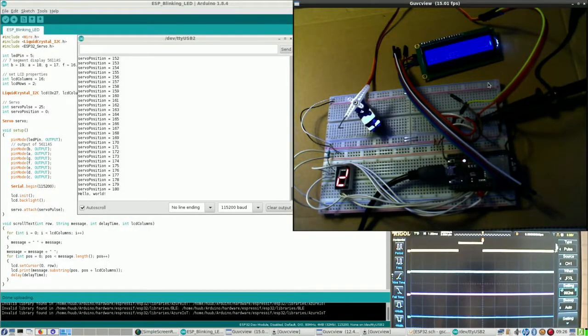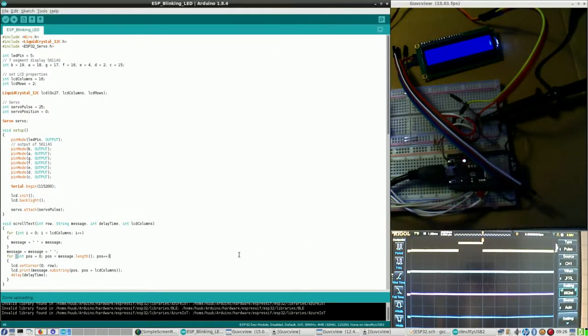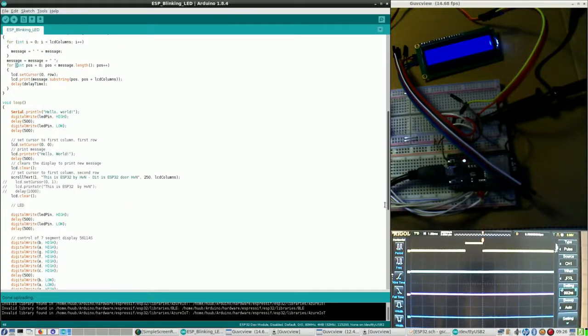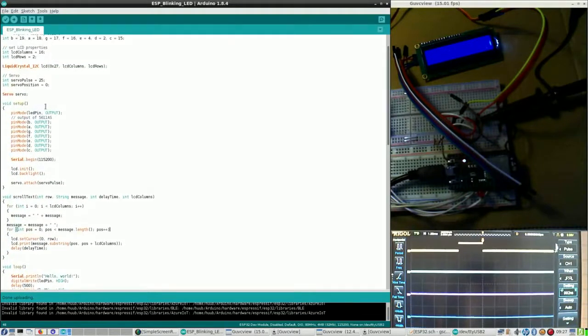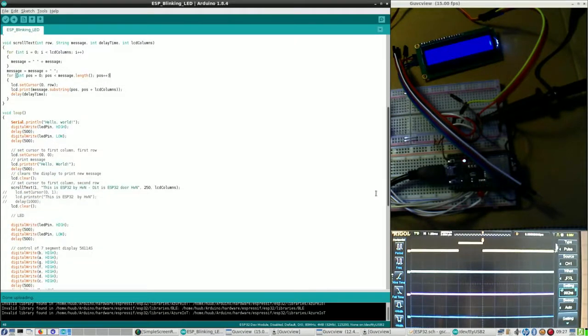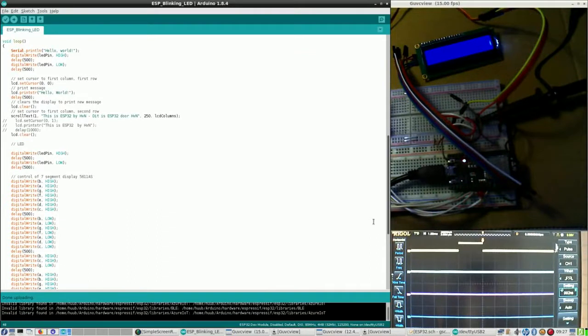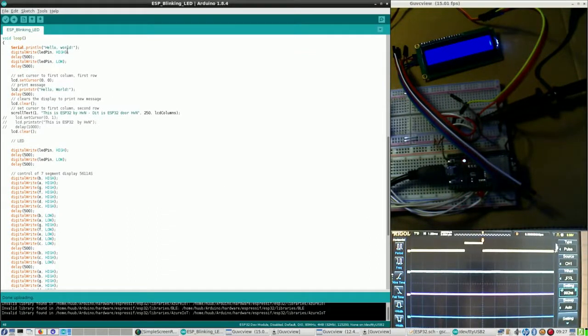Right, so what I've ended up with last time is changing, I should show, by the way, the software, which is right here. So okay, let's give an overview of the software. Because this is Arduino IDE, there's a setup in which everything is defined, then a separate function scroll text for the LCD, of course, and then the loop which goes on endlessly, starting with hello world,